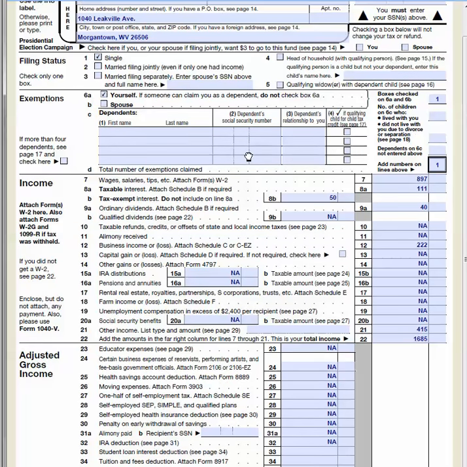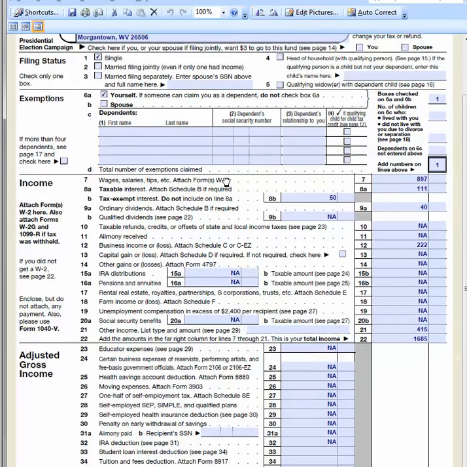The bottom part here, the only thing I want to really point out to you is that there is a section here. If you look at line 33 and 34, these may be very applicable to you. Once you graduate, you're going to have to pay interest on your loans. Well, that is a deduction, and it reduces your adjusted gross income, which is a number we carry forward on the next page. That adjusted gross income will be lowered by interest and tuition and fees deductions, but actually in